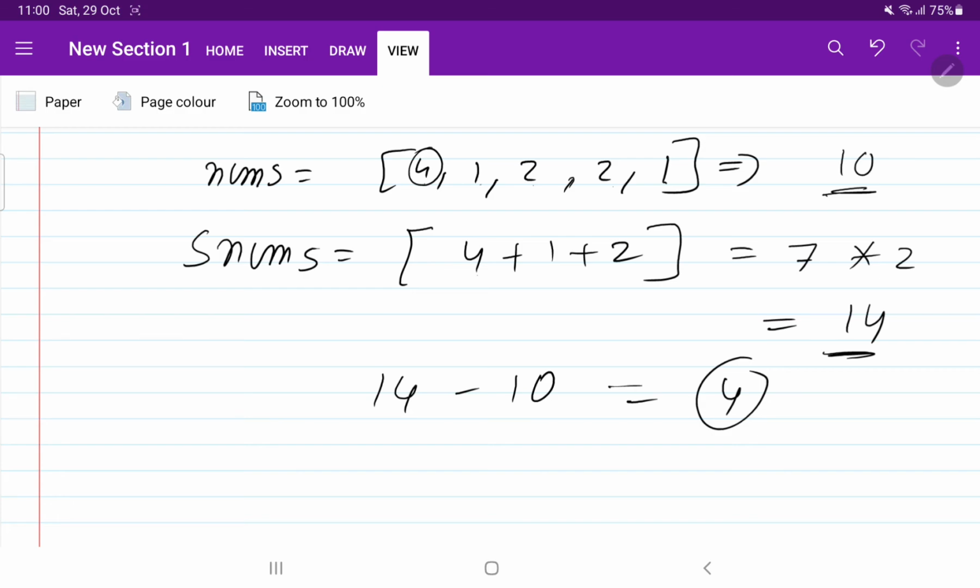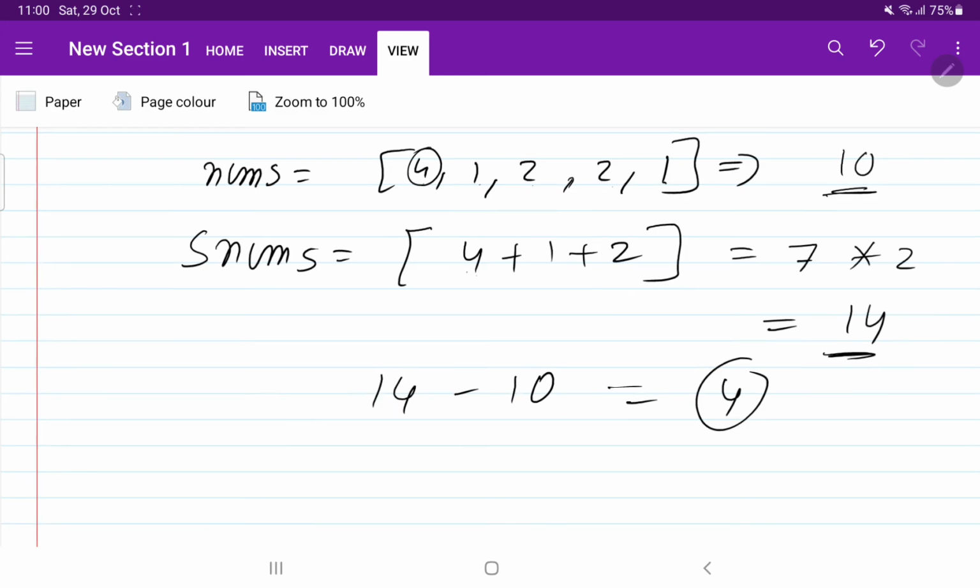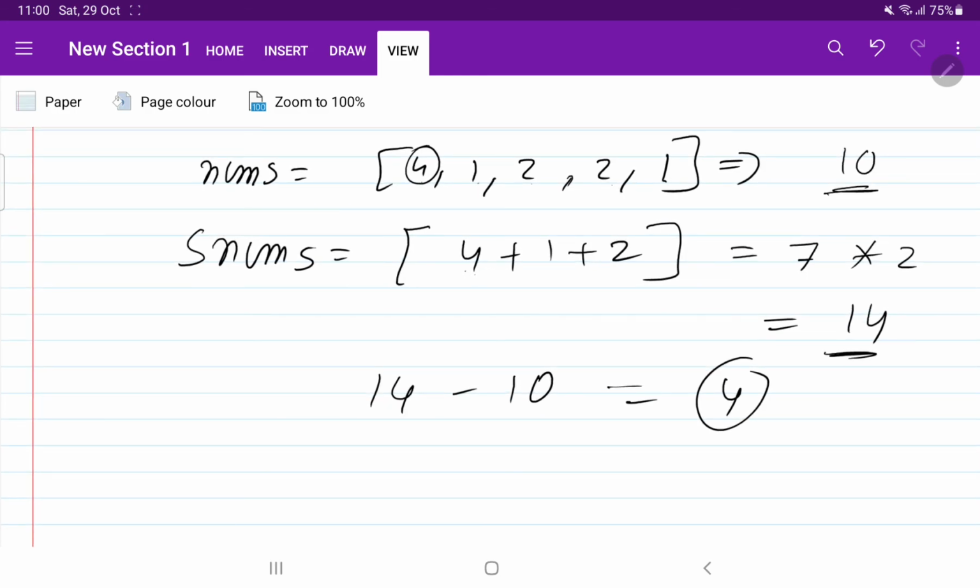So what we have done here, first of all, we have removed the duplicates. We have found the unique elements, then we have found the sum of all the unique elements. Then we have doubled that sum. So here 1 will be doubled, 2 will be doubled, 4 is also doubled.